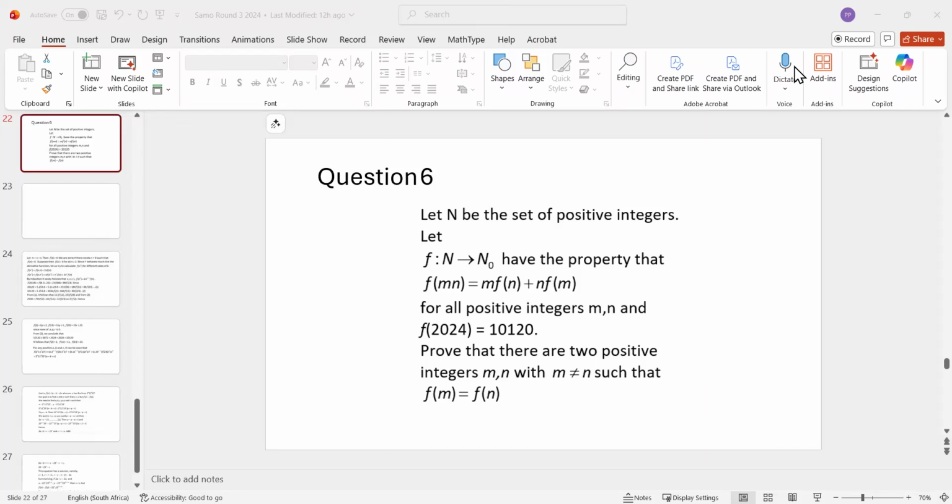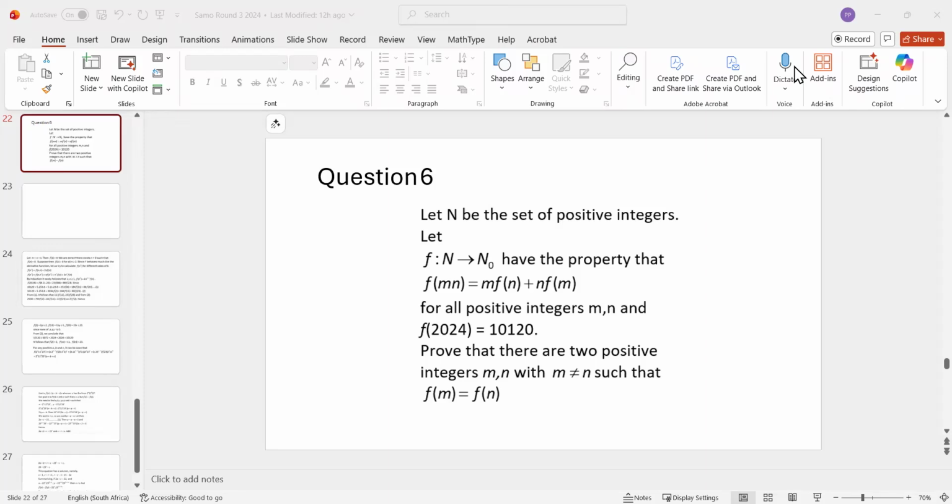Let's now move on to the last question. The third round always has 6 questions. The question says, let N be the set of positive integers. In other words, the counting numbers 1, 2, 3, 4. And let